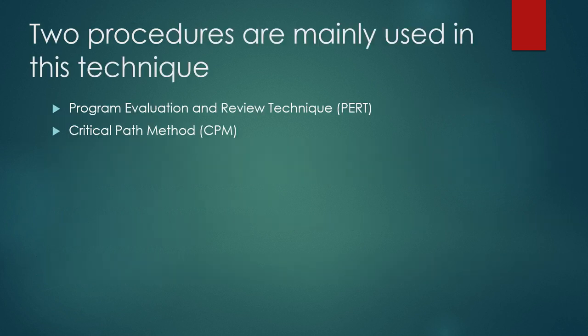time, right? So, as I told you, there are two techniques. Although these two techniques are interrelated and applied simultaneously, we still call them two techniques. The first one is program evaluation review technique, that is called PERT, and the second technique is CPM, that is called critical path method. Although these two techniques are applied simultaneously in a single question or situation, right?